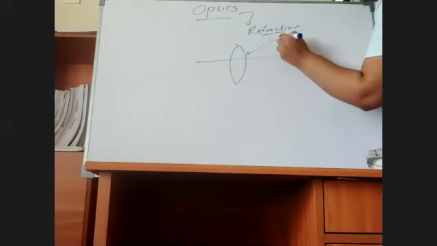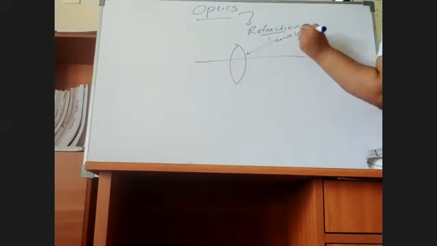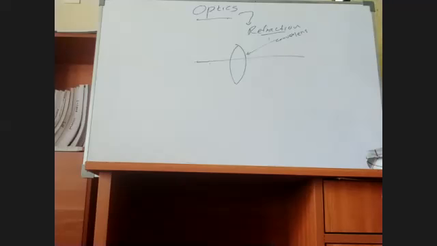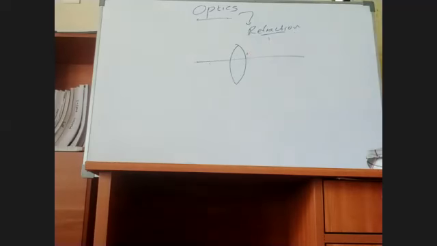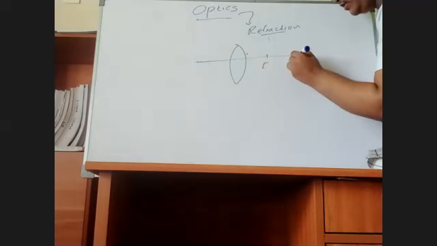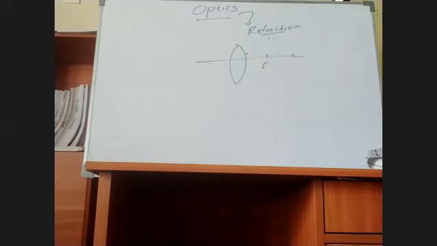This is a convex lens. Actually, this is a biconvex lens, but we are just calling it a convex lens for ease. Then, when we are drawing the ray diagrams for the convex lens, we have to place our object at different places and then recognize the different places where the image is forming.